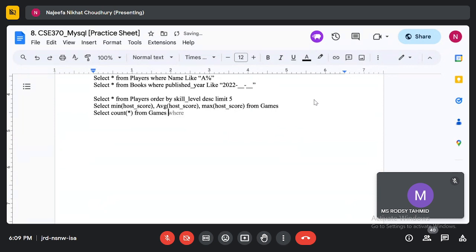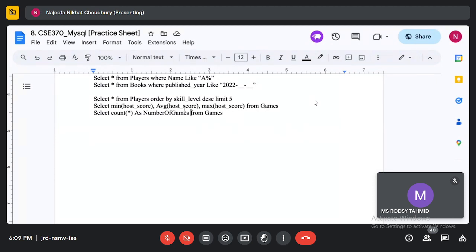What it does is it will count the number of rows in games, and this will actually allow you to find the number of games that took place, right? So the number of rows is going to be equal to the number of games that took place. So you can do that. You can use an alias. You can say select count star as number of games. So what happens is you have a nice column.